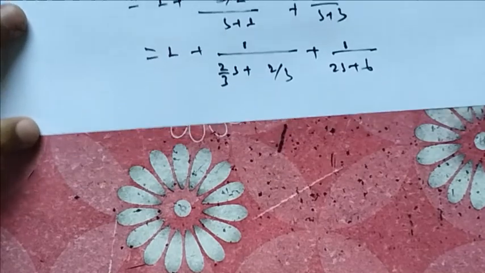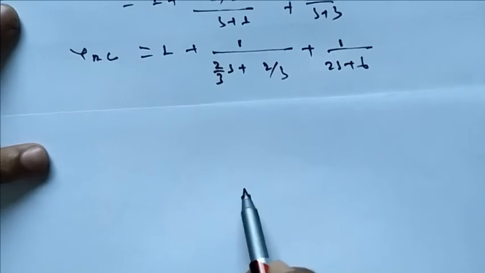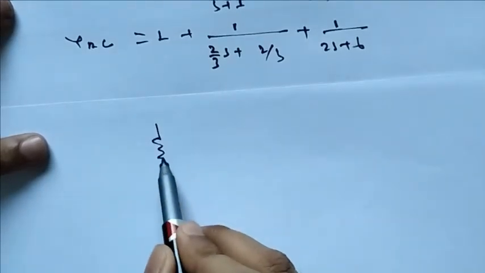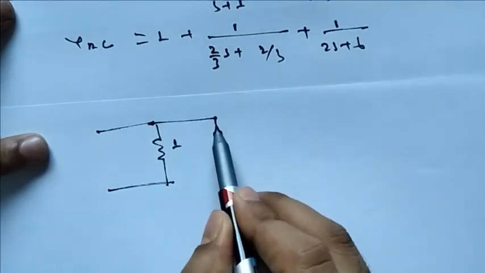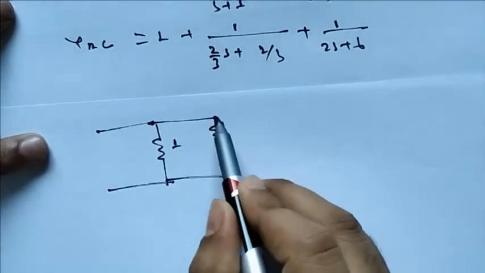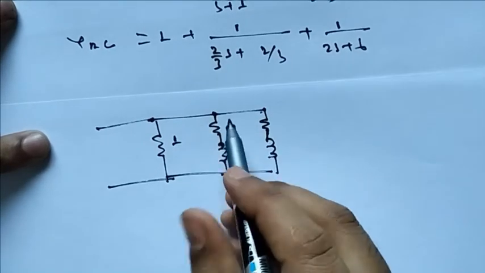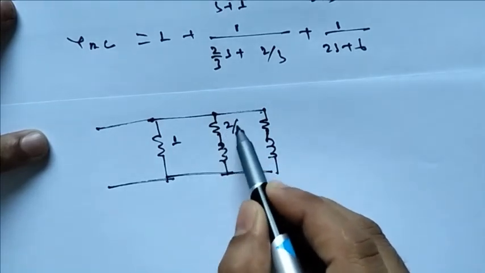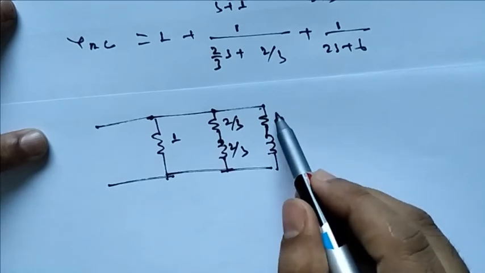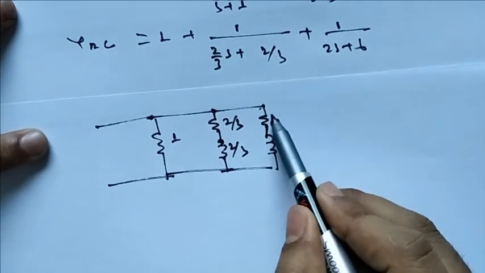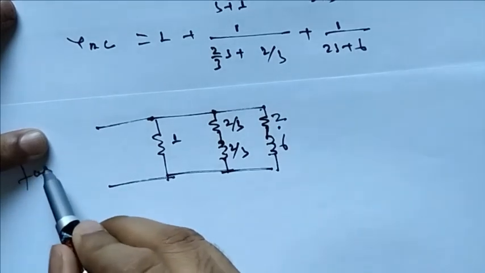Now if I need to draw this is Y RC. Now let me draw the Foster 2 form. The first is admittance, so this will be your 1 only. Now this is a combination of R and L, so this is R and L, and again this will be R and L. Compare with R and L, this is going to be 2 by 3, again this will be also 2 by 3, and this is your 2 and 6. 2 and 6 will be the values of Foster 2 form.